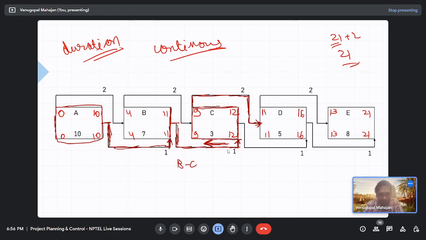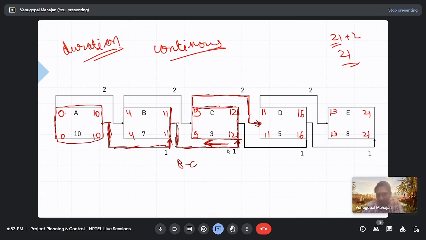Can you see it from the figure? So B to C, finish to finish is critical, and then from C to D, start to start is critical. That's why C is reverse. What is happening is that the finish of activity C becomes critical first, and then logically the start of activity C becomes critical. Whatever we have learned till now, it would have been first start of C is critical and then finish of C is critical. But right now in the figure itself, it is clear. So this shows the reverse critical nature.